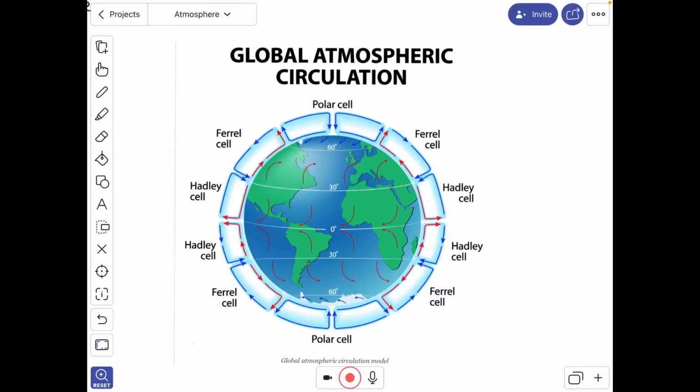Okay, the global atmospheric circulation model is about the surplus energy at the equator and the excess or deficit energy at the poles, and how this allows the transfer of global heat energy. To create this balance, there's a constant energy transfer from here to here, or on the southern hemisphere as well. It's not as straightforward as this though, because air moves from high to low pressure